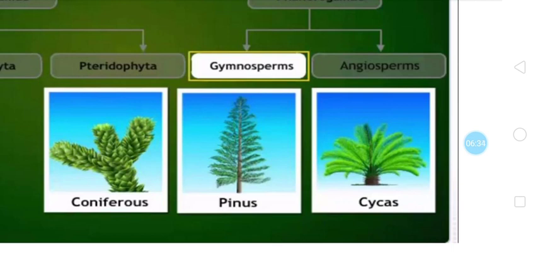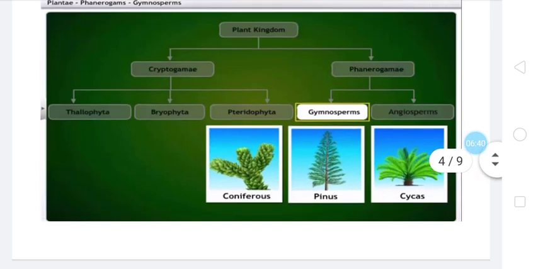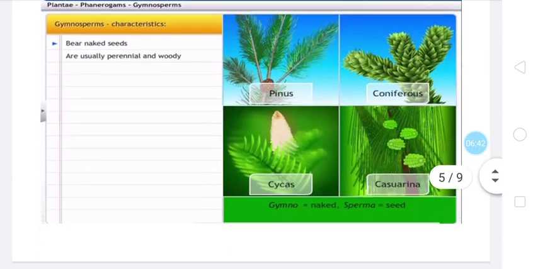Possibly the cycas plants are planted for the study of botany students. So this cycas plant is also an example of gymnosperms. Then some other examples are also there for gymnosperms. For example, here once again pinus is shown, coniferous are shown, cycas. Cycas is also an example you might have seen, and casuarina, just now I told you, this plant casuarina is present